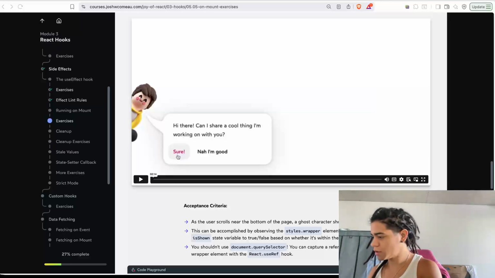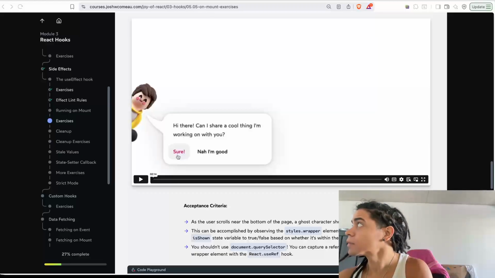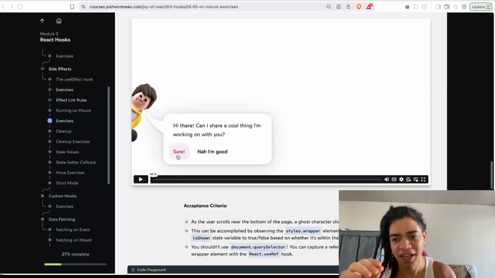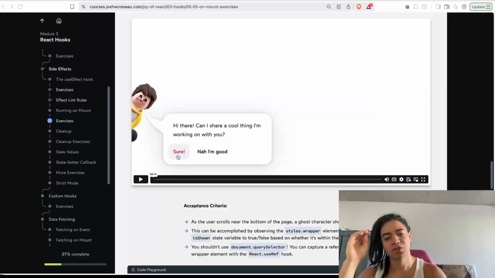Okay. You didn't catch it. Anyway. Yeah, it's a mosquito. Anyway, so yeah, this is